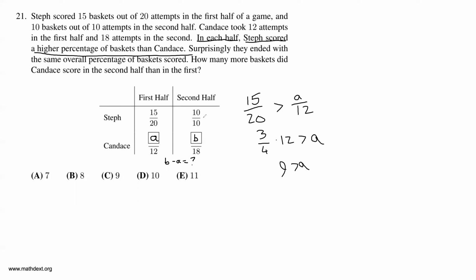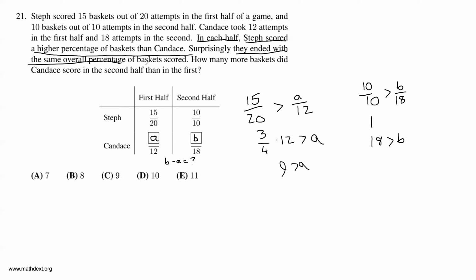You get that Steph scores higher than Candace in the second half as well. So 10 over 10 should be greater than B over 18. And since 10 over 10 is just 1, you just have 18 is greater than B. So we have A is less than 9, B is less than 18, but we also have that they ended